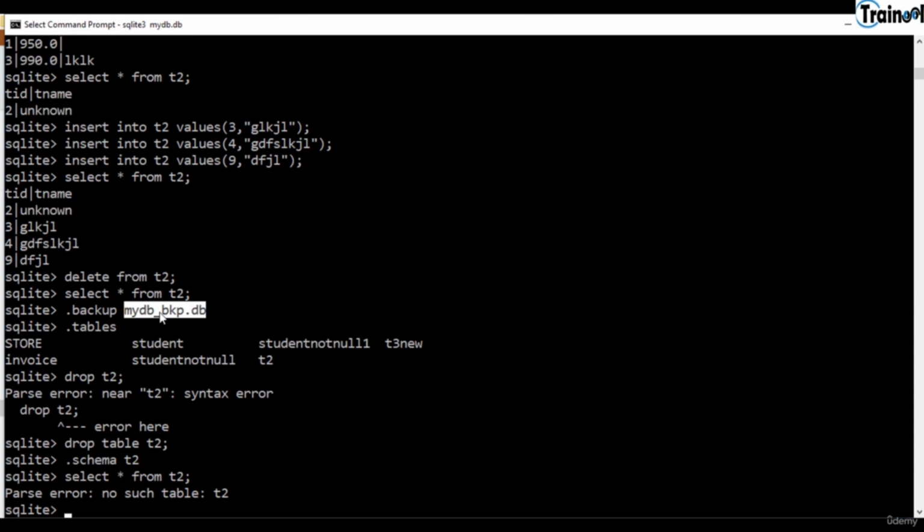If you want to restore from this particular backup, you just have to give dot restore, and name the particular backup. So mydb underscore backup dot db. What it is going to do is restore all the tables from this particular backup, that is